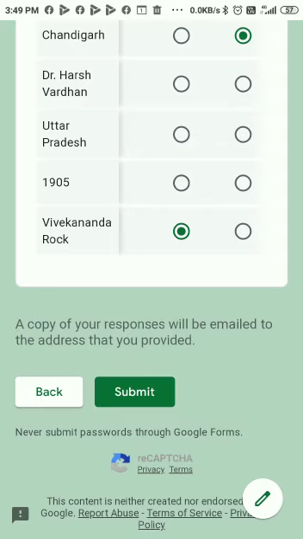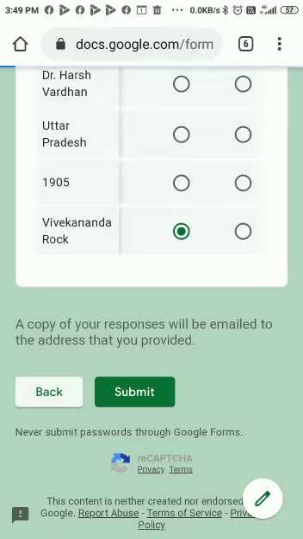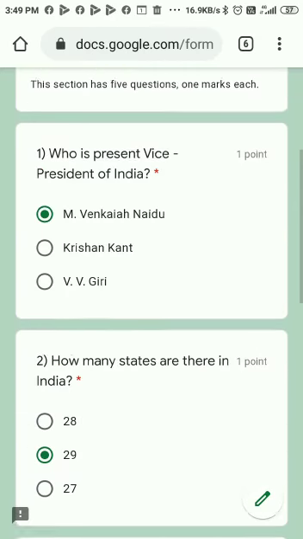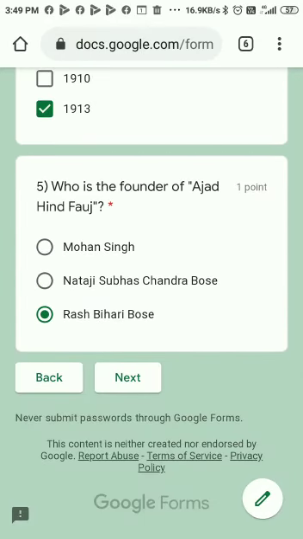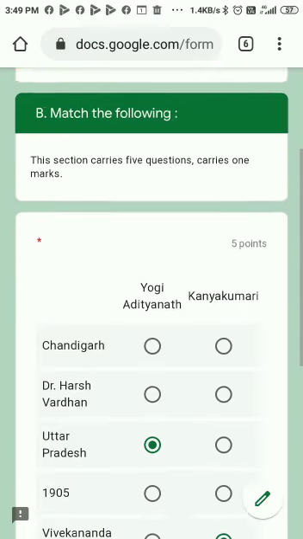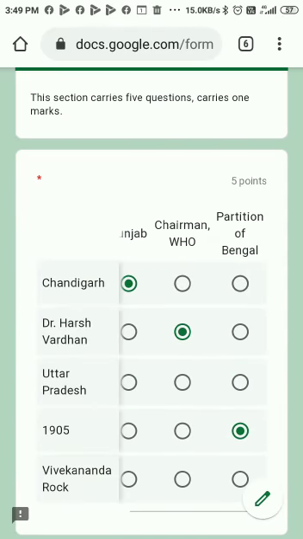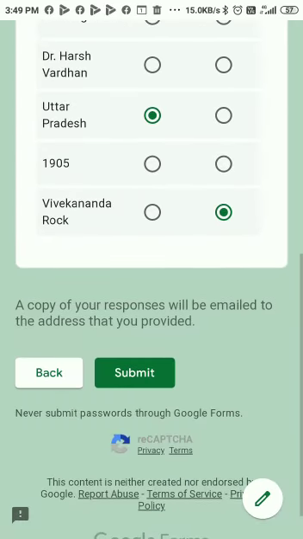If you want to verify your answer just before submission, just click on back and verify your answer. Then click on next. Verify all the answers before submission. When you verify all the answers, just click on submit button.